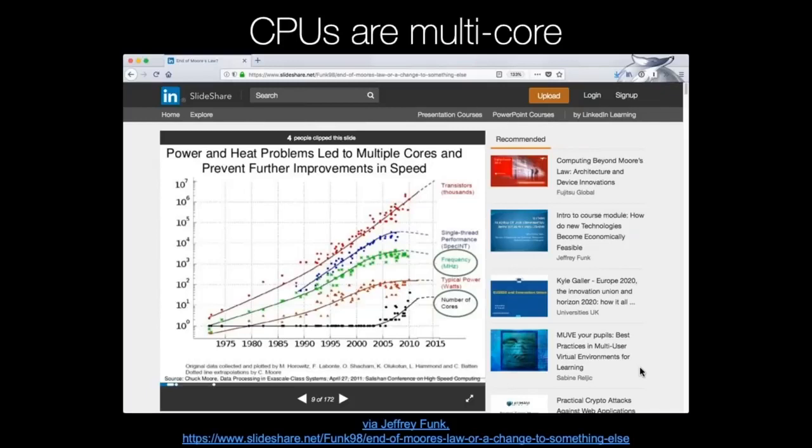So here's a cool graph that charts what is often referred to as Moore's law. Now, there's a bunch of different graphs here. The maroon one that's still going up, that's technically what Moore's law is. The number of transistors in a chip doubles every 18 months or something like this.